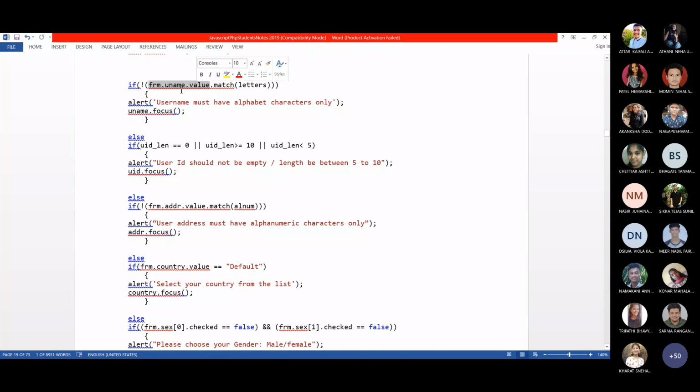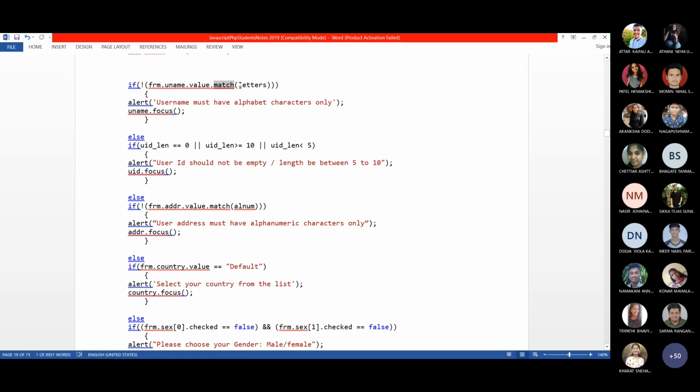So this frm.uname.value will fetch that SIS, and this is a string. SIS is a string. So string.match. You remember the match is one of the methods in a string object. So if I apply match method, what will it do? If any matches are found, all the matches will be the elements of the resultant array object. If it does not find a match, then null will be returned. So now this will find the matches.